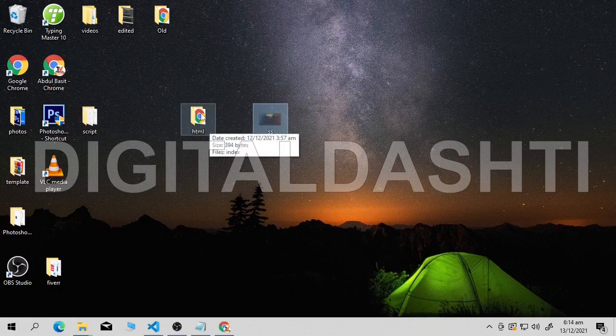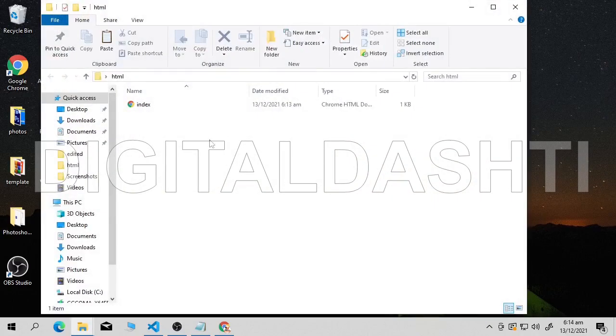I will go to my root folder. This is the root folder. You can also create a folder here. I will create a folder because I want to keep all my images together, and I name it image. This is my folder. Now inside this folder I paste my image. Fine, I pasted my image here. Now I want to show it in my browser.